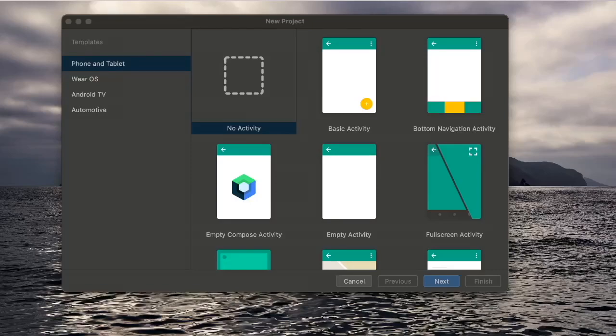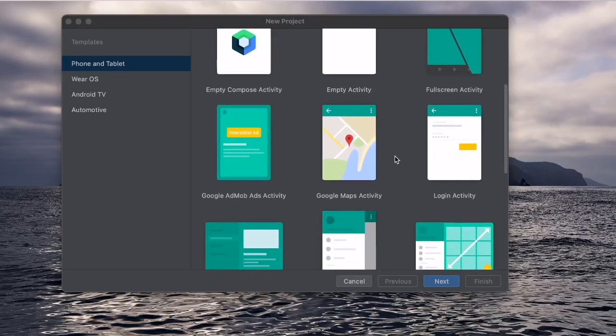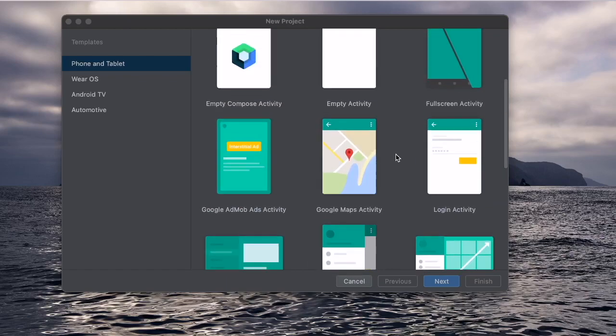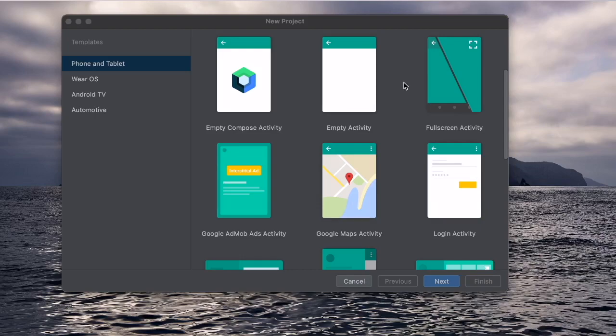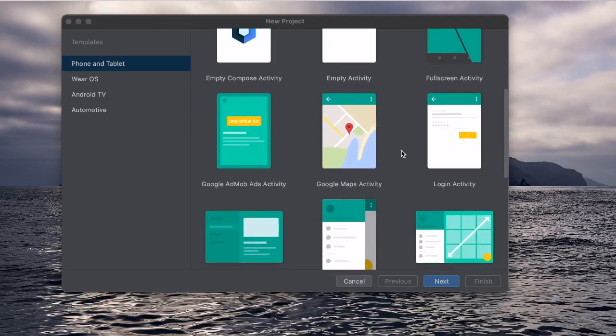Hello friends, welcome back. Today we are going to make an application that will help you in tracking your locations when you are moving outside. We will start by creating an application that is based on the Google Maps activity, and then we will use the location service and we'll capture every location change and then map it on the Google Maps so that it will help you visually represent it on the Google Maps.